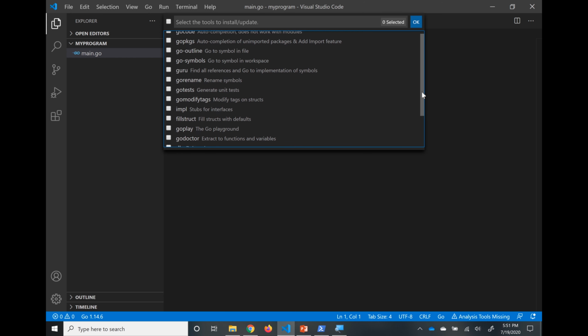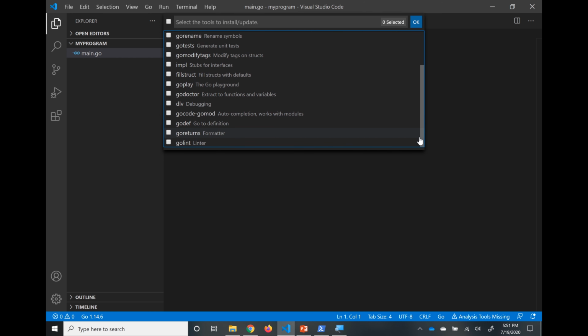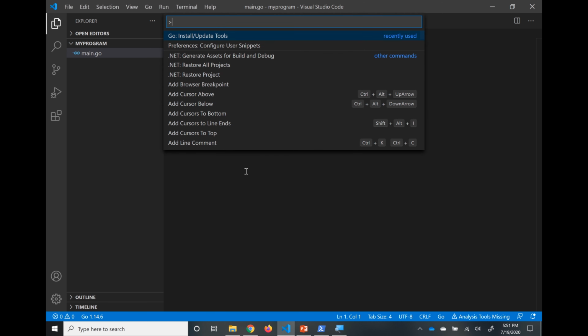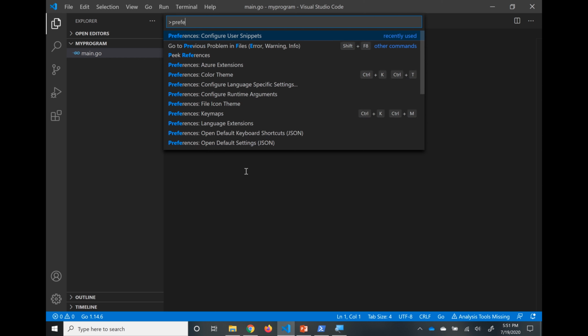Well, I'll be darned. So I think we're gonna have to do this another way. I wasn't sure about this, so we're gonna do one other thing. I'm gonna do that again, Control-Shift-P. All right, and this time I'm actually gonna go into Preferences. I think I have to do this first. So, Preferences,